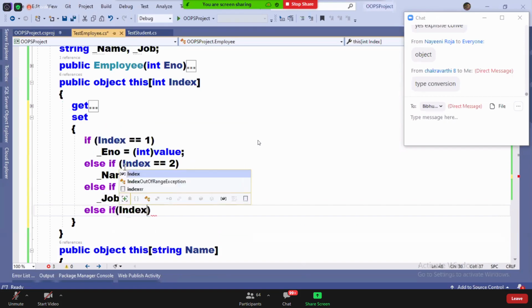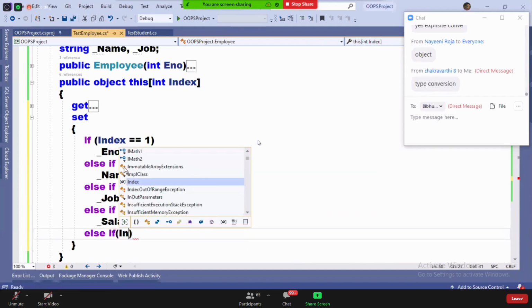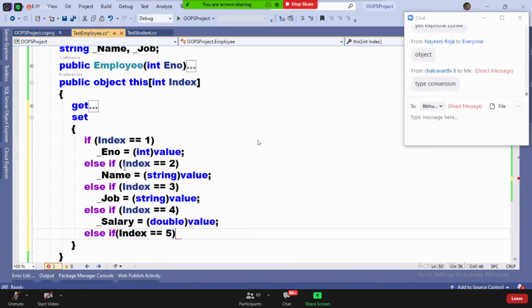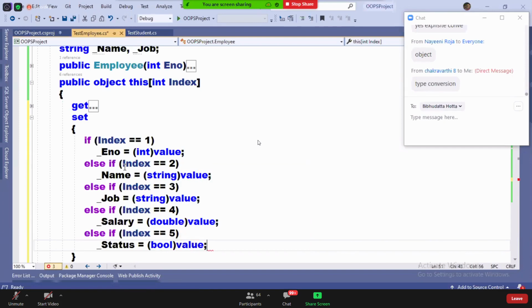Else if index is equals to 4, underscore salary is equals to double of value. Else if index is equals to 5, underscore status is equals to bool of value. Are you clear, guys?